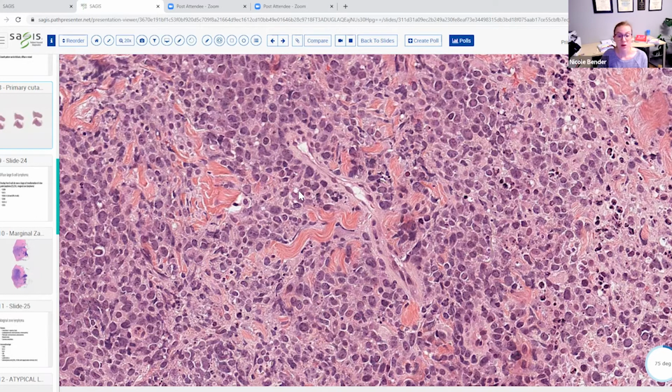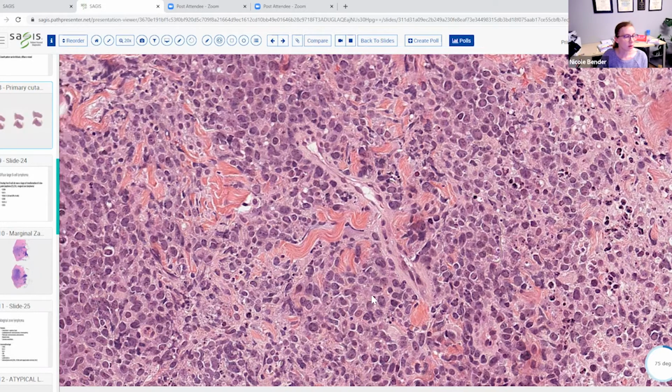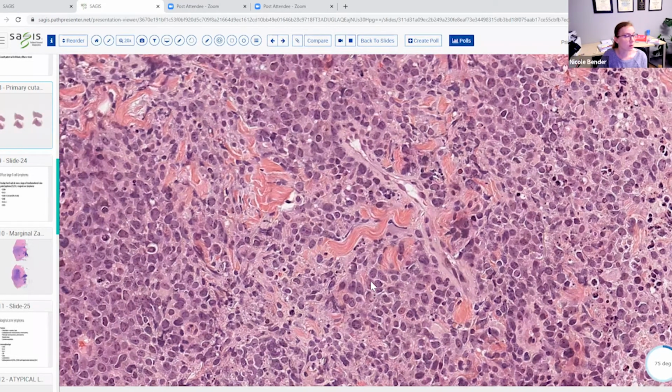So these are very large cells that we see. The cells here are also very round or oval in shape. Large nuclei, they can have prominent nucleoli, sometimes multiple, or just single centrally located nucleoli as well. So this is an infiltrate made up of numerous centroblasts and immunoblasts, and this is diffuse large B-cell lymphoma, leg